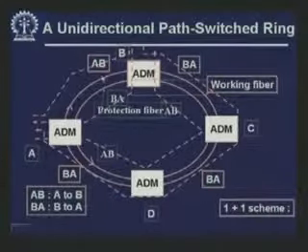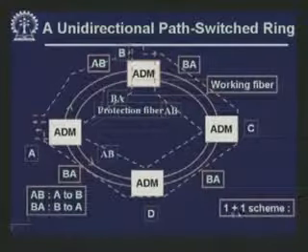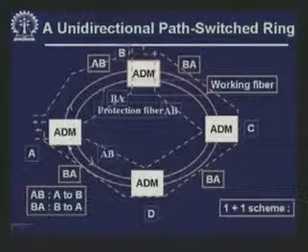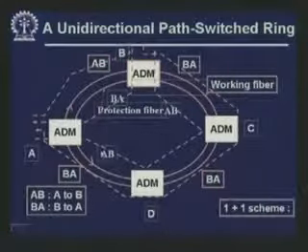So, A to B, this is the path, and B to A, this is the path. Whereas, for protection purpose, please note that this is a 1+1 scheme. That means the alternative is already provisioned, maybe something like a hot standby. So, A to B is through the protection fiber, and A to B is now this path from A